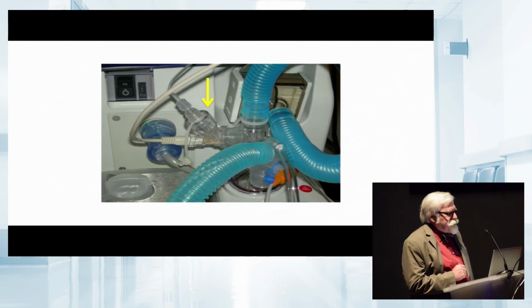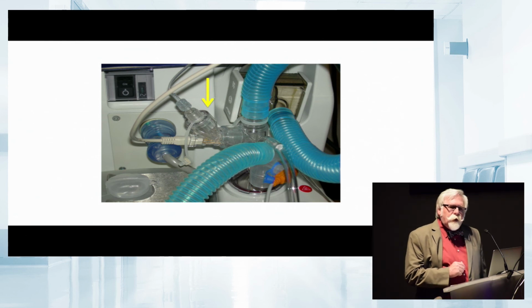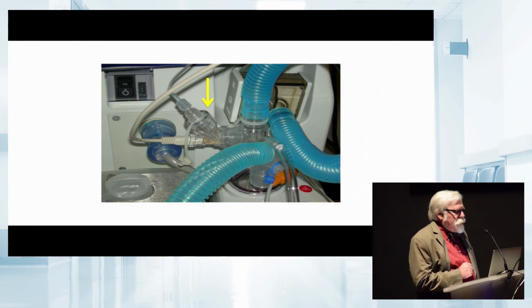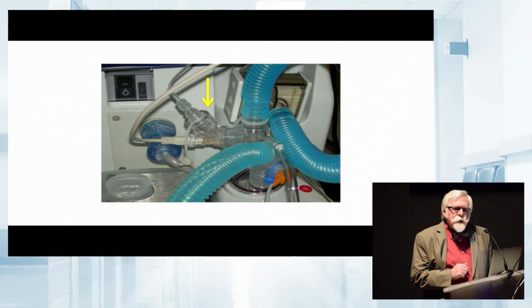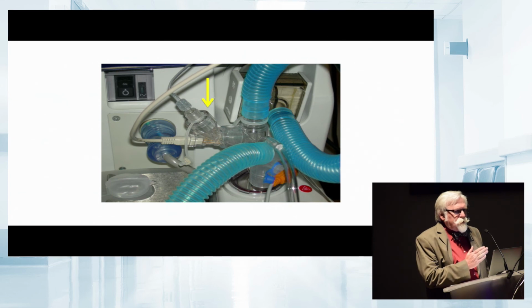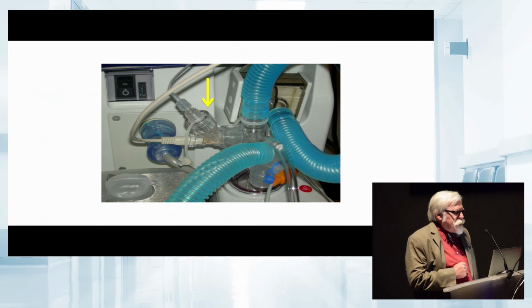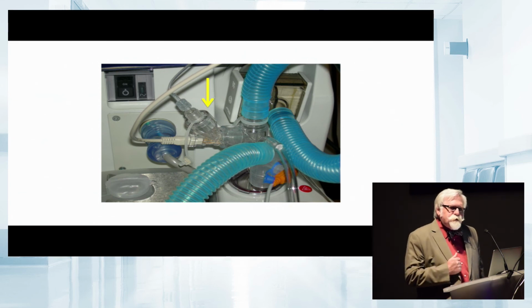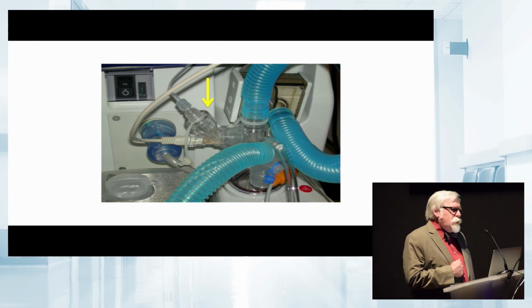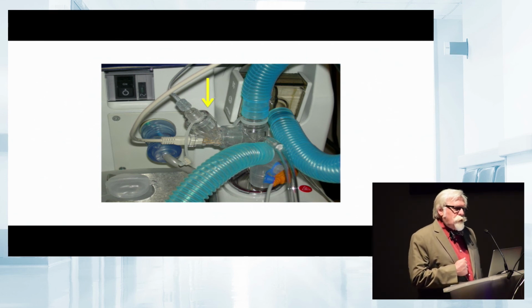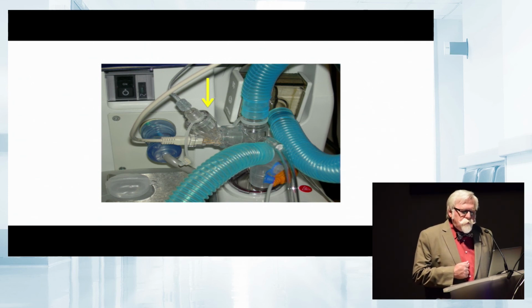This is a picture of the mesh nebulizer in line in the ventilator circuit. The mesh nebulizer here is at the inlet of the humidifier. In other words, it's closer to the ventilator, further away from the patient, and this has been shown to very effectively deliver aerosols during mechanical ventilation, and again overcomes many of the issues with the use of a jet nebulizer.